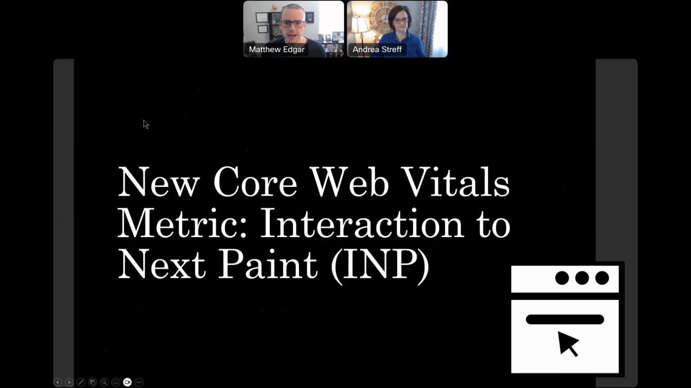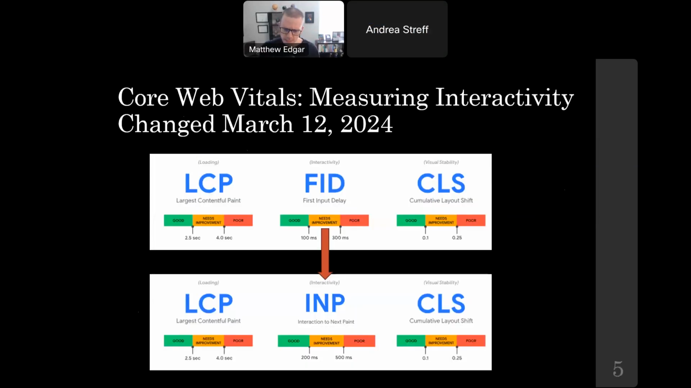I'm excited to talk to you about website speed, how it affects SEO, and the new Core Vitals metric, Interaction to Next Paint, or INP. So let's start there, talking about Interaction to Next Paint, what it is, and what we all need to be thinking about with it. So Interaction to Next Paint became a Core Vitals metric last month, officially started on March